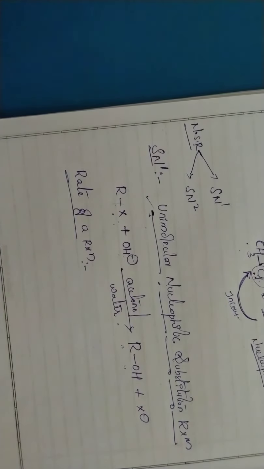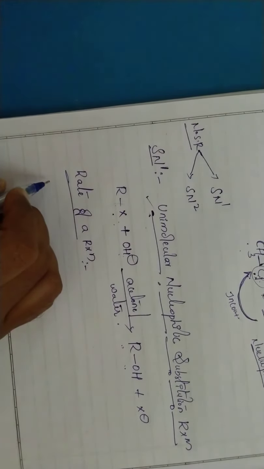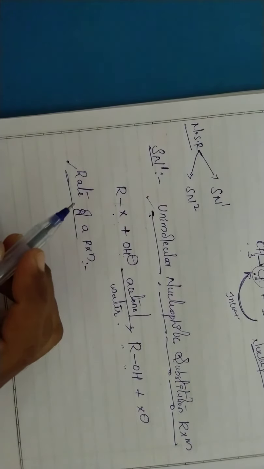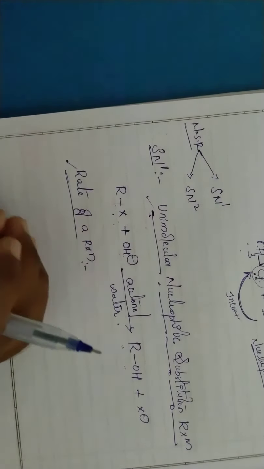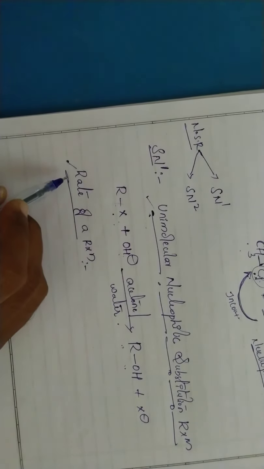That means how fast the reaction happened. In the given time, in how many minutes or how many hours the reaction is taking place is given by the rate. That means how fast the reaction is, whether the reaction is going very fast or whether the reaction is completed very slowly, is given by the rate. If the rate is slow, the reaction speed is also slow. If the rate is high, the reaction speed is also high. So rate tells us the fastness of the reaction. Whether the reaction proceeds fast or slow is given by the rate of a reaction.